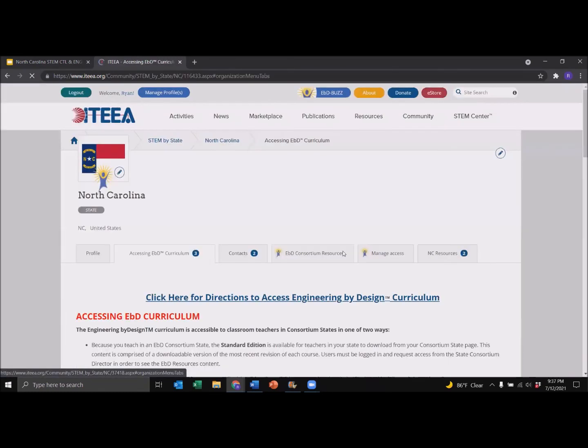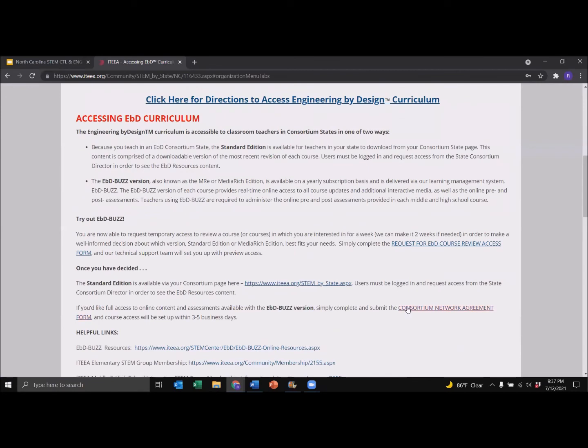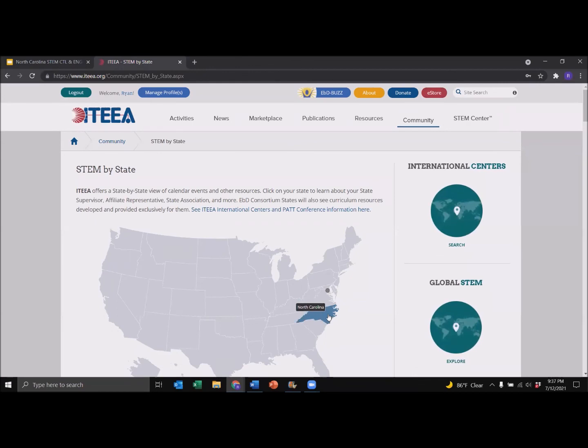Left click accessing EbD curriculum. Left click on the consortium network agreement form, fill it out, and send it to your respective state consortium director, Ms. Kim Forbes, which I'll show on the next slide, or directly to me, and I'll coordinate with Ms. Kim Forbes for you. Or if you're looking to get to your consortium page for the PDFs overall,